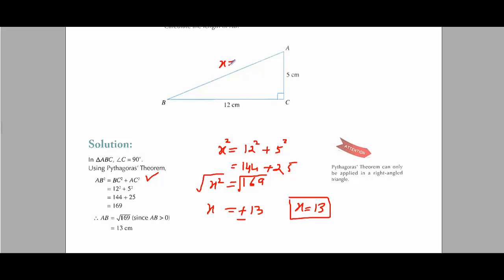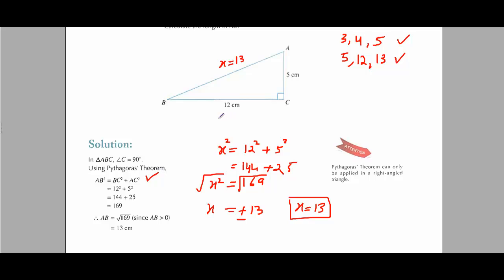And this is 13. I told you on the first day when we started this, these numbers 5, 12 and 13 are called a Pythagorean triple. The sides of a right angle triangle are called Pythagorean triple. You should remember them, learn them by heart. 5, 12 and 13 is a simple Pythagorean triple, and the simplest Pythagorean triple is 3, 4, 5. You should remember them.